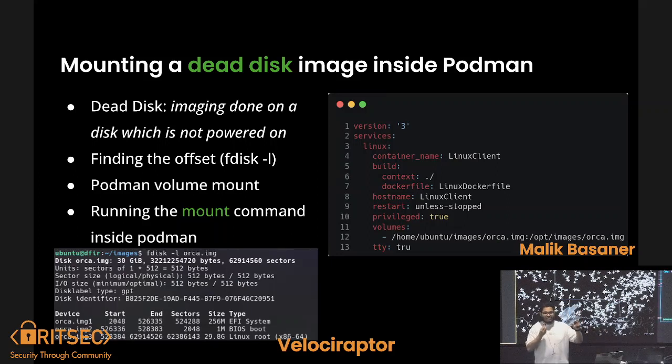So I will just go on and see the system itself and get that image. And then I would like to do further investigation on that image, and I want to do that using Velociraptor. So how I'm going to do that, I'm going to create a Podman instance, and then I'm going to mount that image to it and just run Velociraptor commands on it and make sure that I can get the output back to what I wanted.